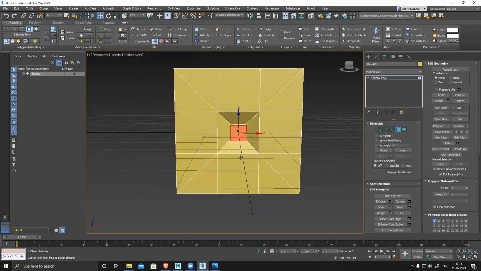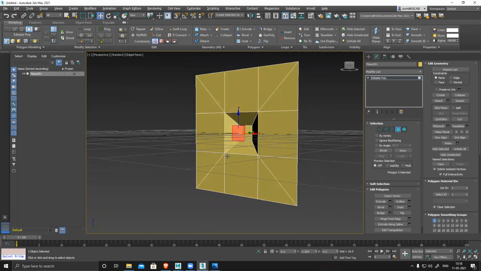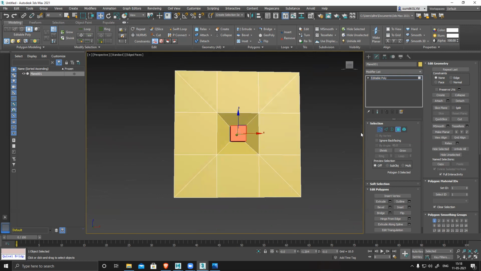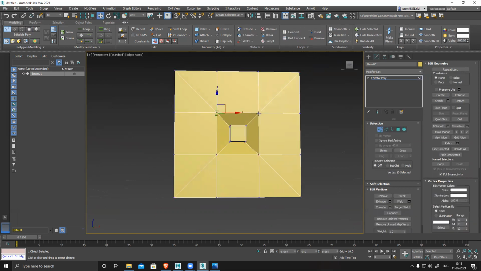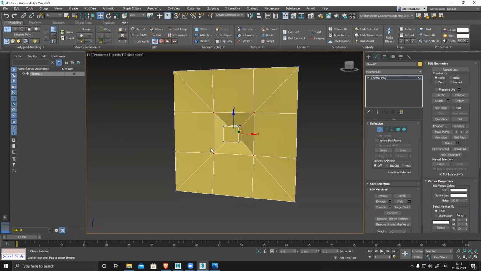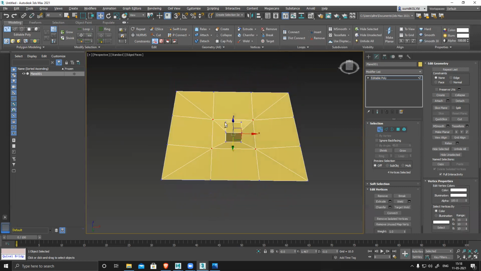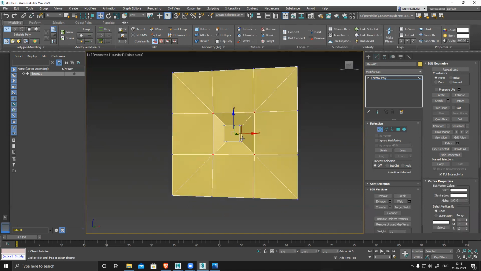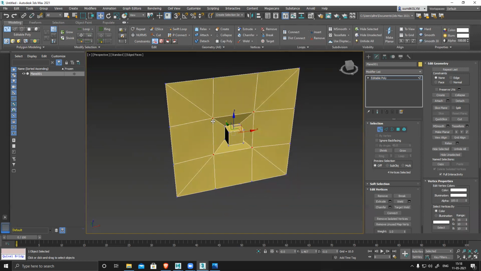I'm keeping it really low poly. Once I'm done with this, I'll create the basic structure. Now all four points should go backwards slightly to create this uneven surface. I can see this depression is fine, but the sides are extruding outside. There's a protrusion there.